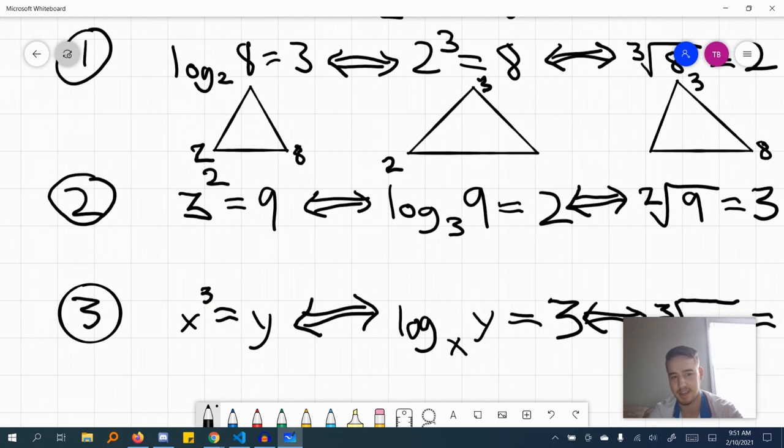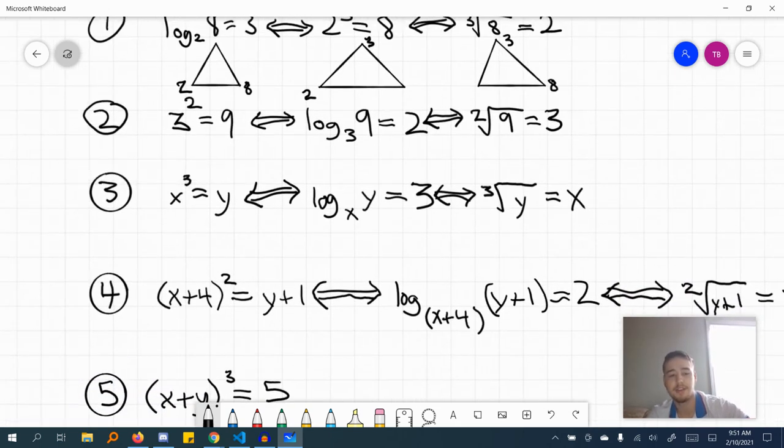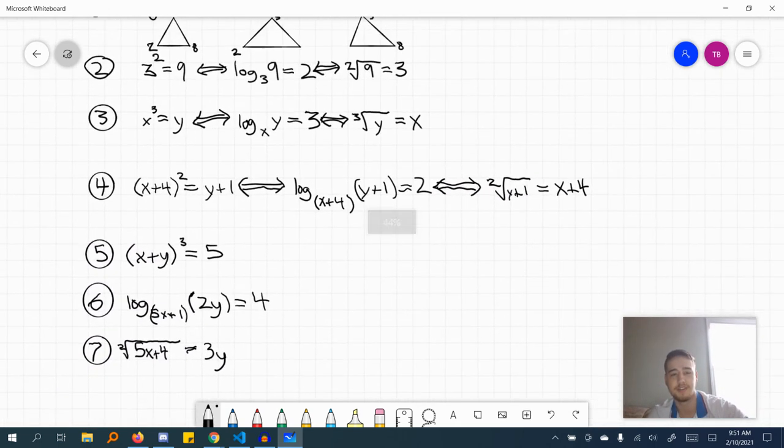Feel free to use this kind of thing in your notes because it actually helps me whenever I'm working problems like this. Even though whenever you run into these problems in problem sets, they're not going to show you this triangle. But I would definitely recommend using it because it helps me understand them and keep them straight in my head and on paper. So you go ahead and copy down the 4, do 5, 6, and 7,